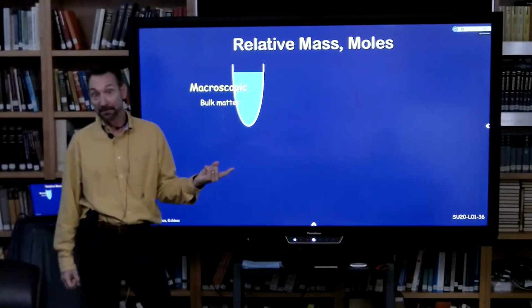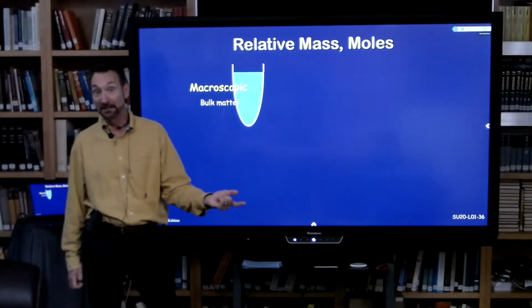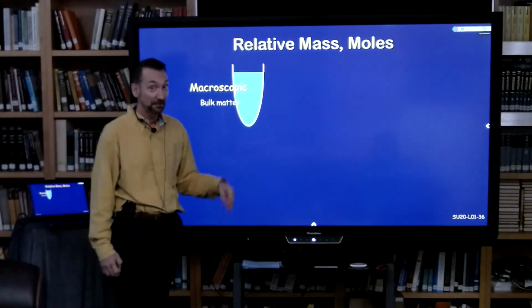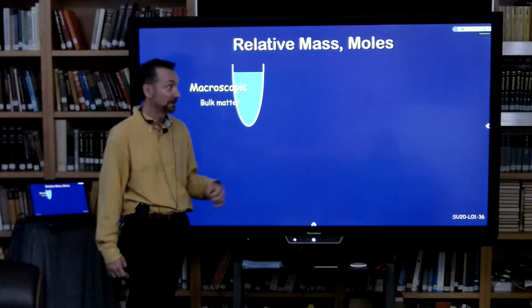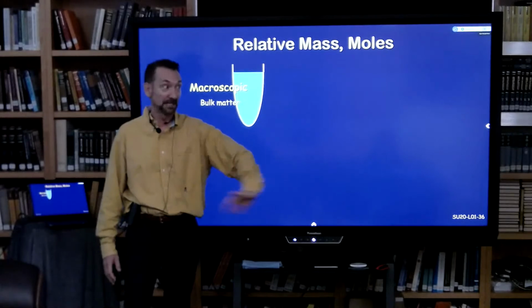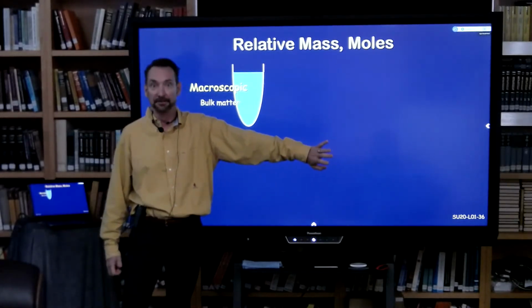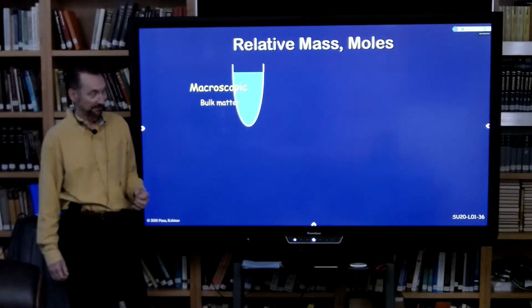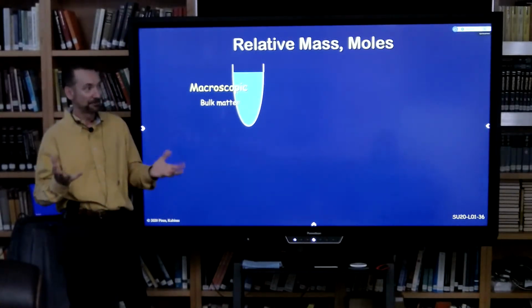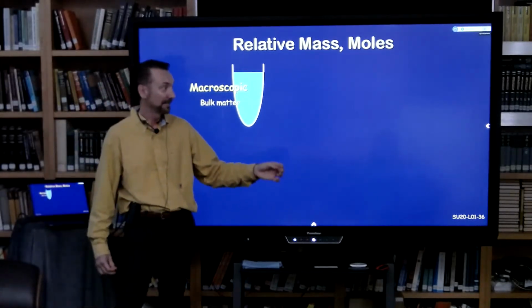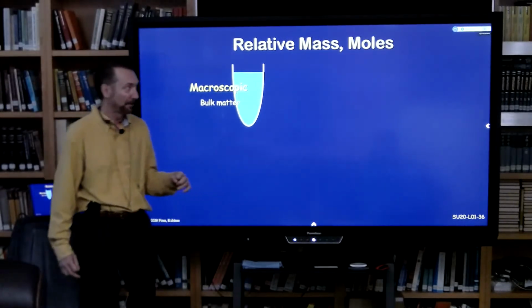That's easy to do with bolts and nuts and washers. Not so easy to do with atoms and molecules, although a mass spectrometer will give you exact masses down to electrons, down to fractions of proton masses. So it's exquisitely sensitive to mass. It's almost mind-boggling how exact a mass you can get from a mass spectrometer.